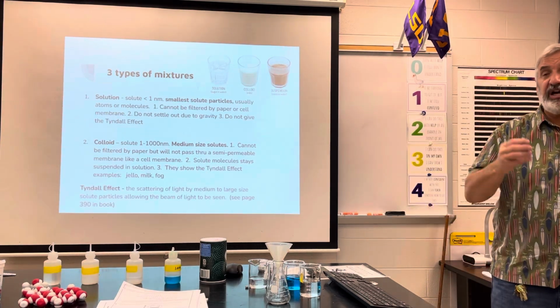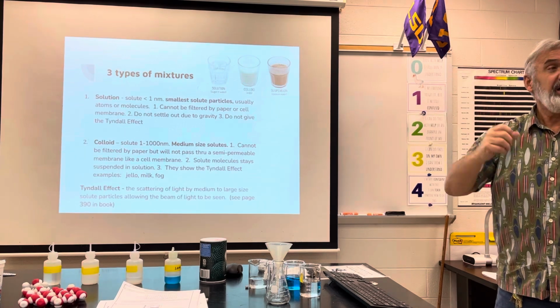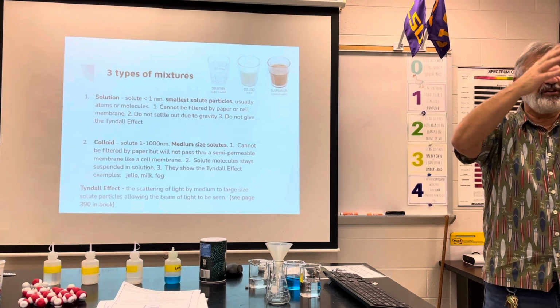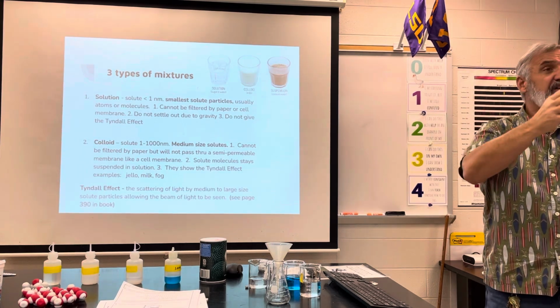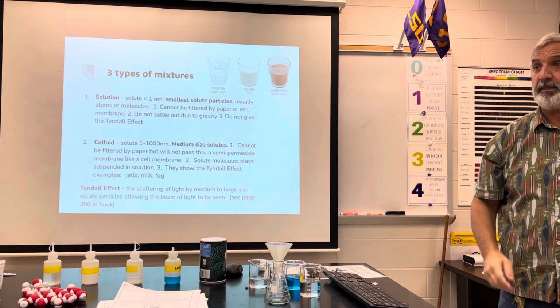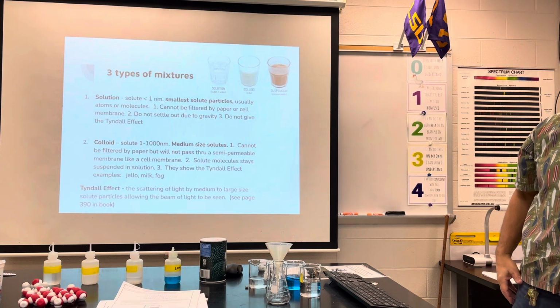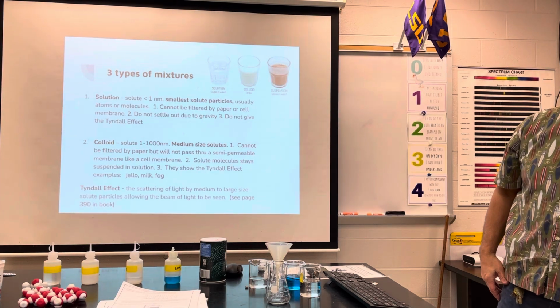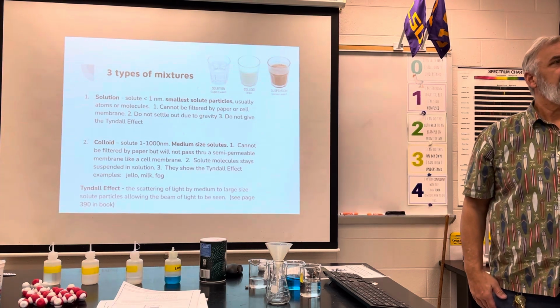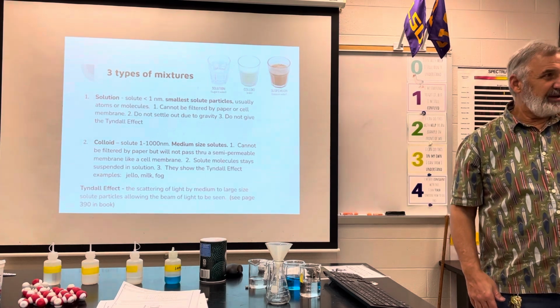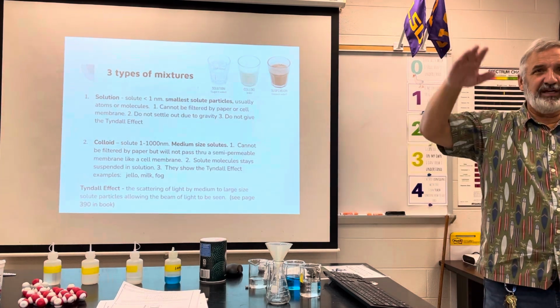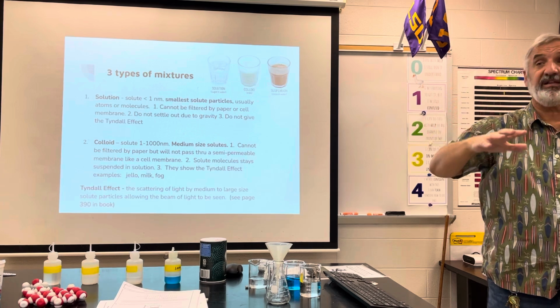It's because there's little tiny dust particles all in the air that cause the light to scatter. The particles are big enough, the light bounces off of them, scatters, you can see the beam. But if you go to drive on a country road on a rainy night, what does the rain do to all that dust? I see sign language in the back, and there come from Kate. It washes all that dust out of the air.